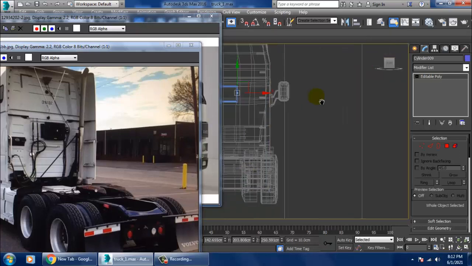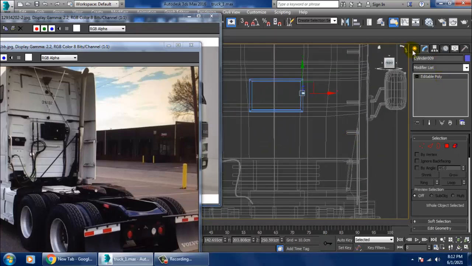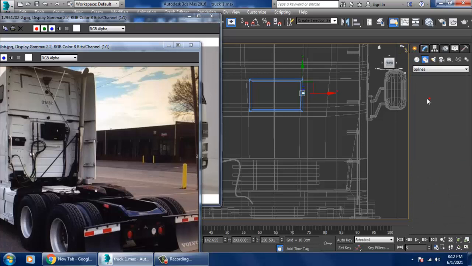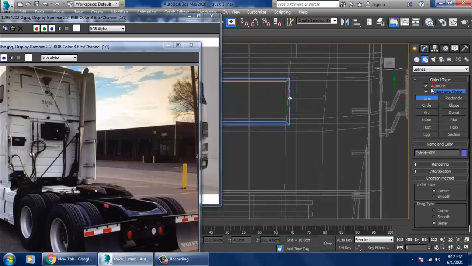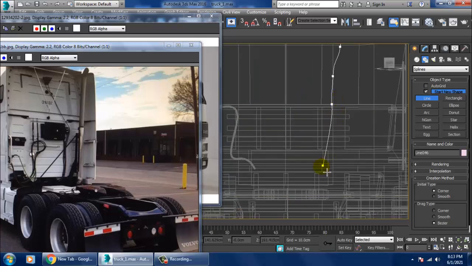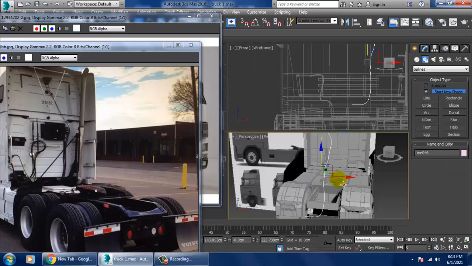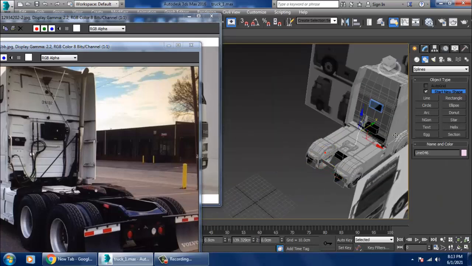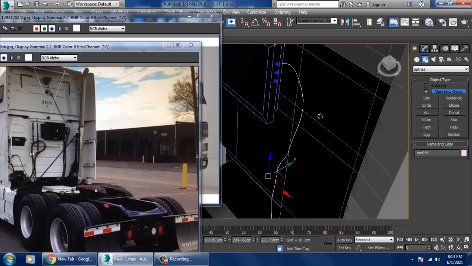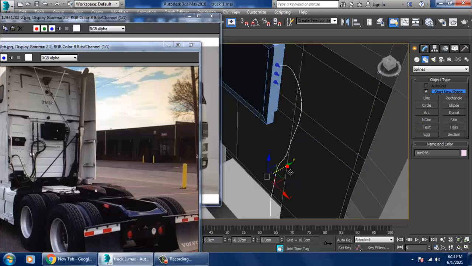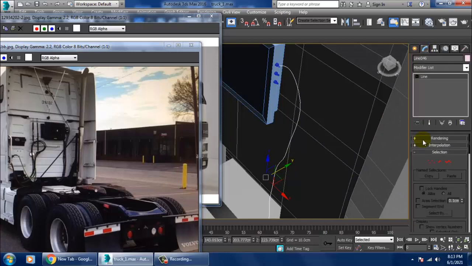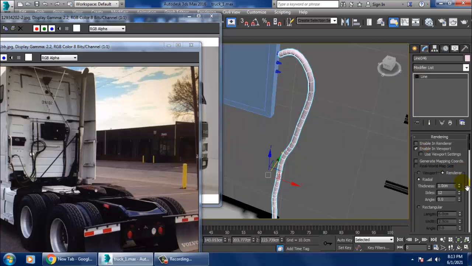Let's go into this view over here. Let's take a line of this auto grid over here. So shuffle this till here, and let's go into rendering, enabling viewport.